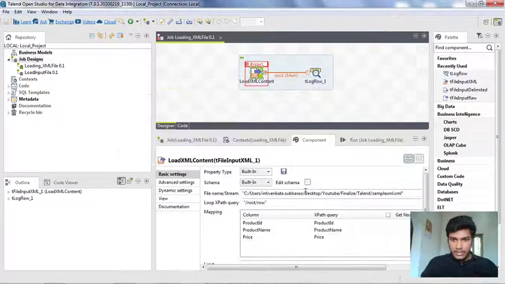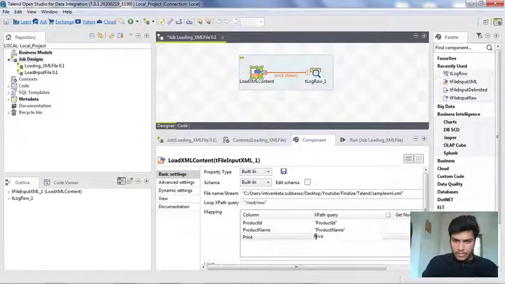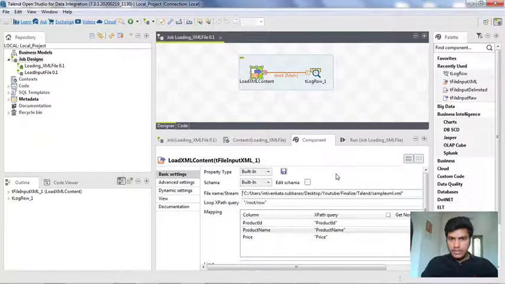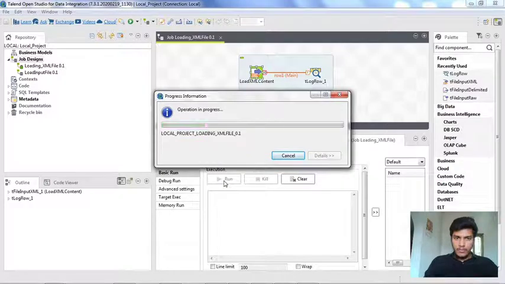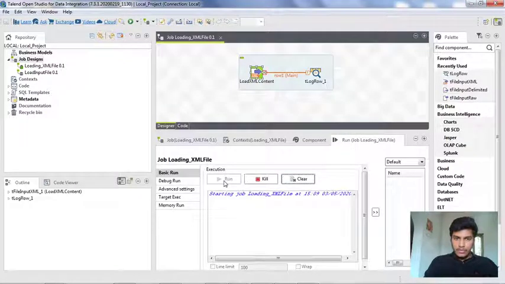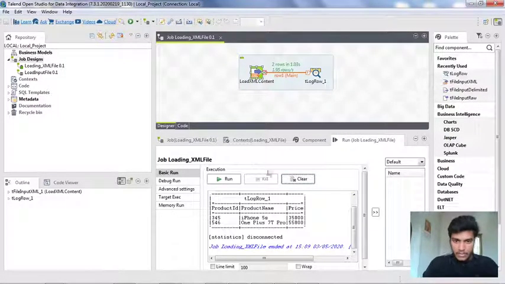The error is that you need to mention the XPath query in the form of strings, so you need to insert the values within double quotes. So I am changing that, and again saving it. Again I am going to the run tab and running the job. If everything goes well, then it will print.